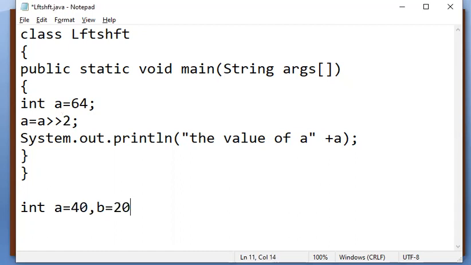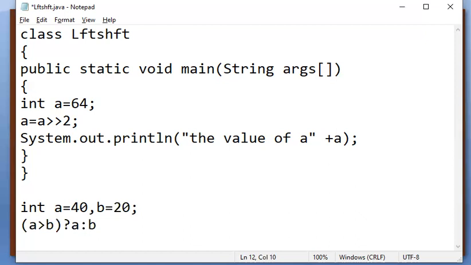Then you can write a statement saying a greater than b. If a is greater than b, then question mark print a, otherwise colon print b.